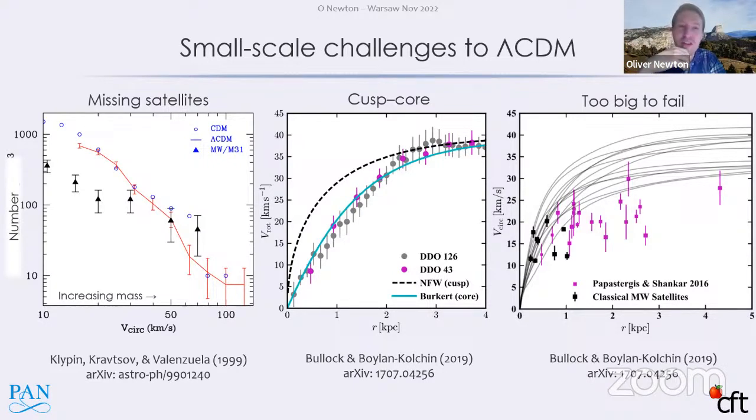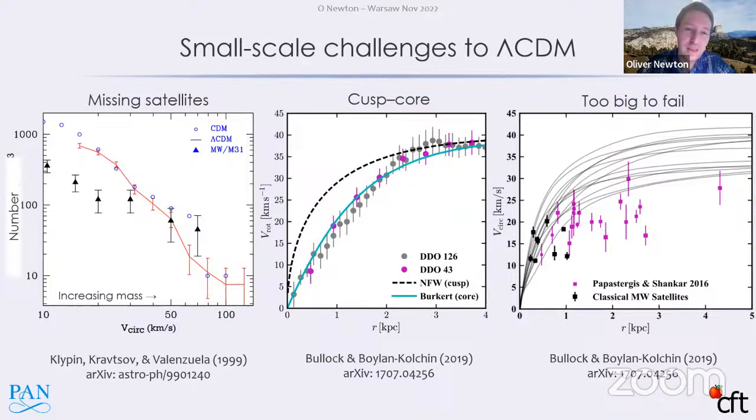The simulations themselves are predicting 1,000 or so. So this discrepancy, discovered I think 20 odd years ago, became known as the missing satellite problem. In the middle, we have a somewhat more recent update to this second problem, which is